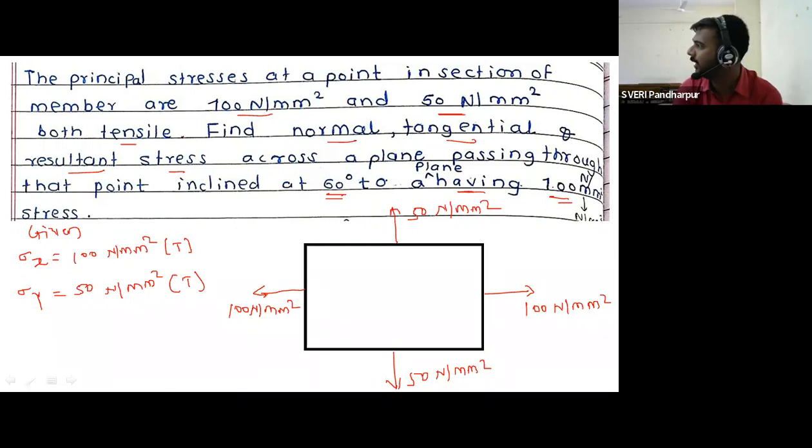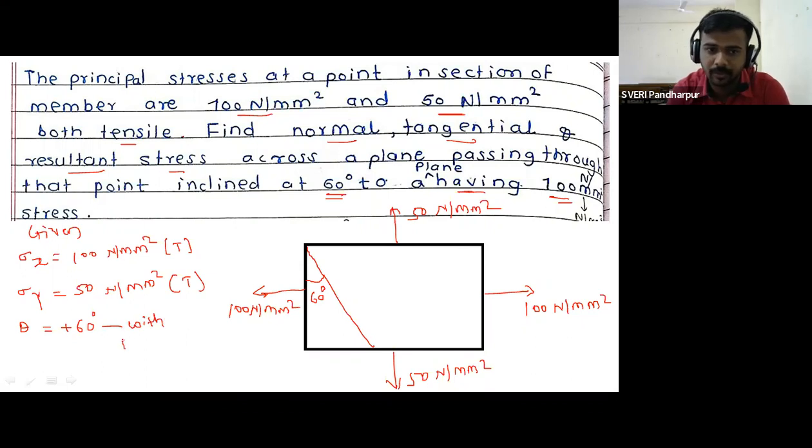म्हणजे कुठल्या प्लेनशी दिला अँगल? वर्टिकल प्लेनशी, कारण ह्या वर्टिकल प्लेन वरच तुमचा 100 न्यूटन पर mm स्क्वेअर स्ट्रेस ऍक्ट झालेला आहे. गेटिंग? But here they have not mentioned which vertical plane. मग ह्या लेफ्ट साइडला दिलाय का राइट साइडला दिलेला आहे? So which we have to take? Normal. So this is the left side, this is the angle, and this is equal to 60 degree. So theta is equal to plus 60 degree